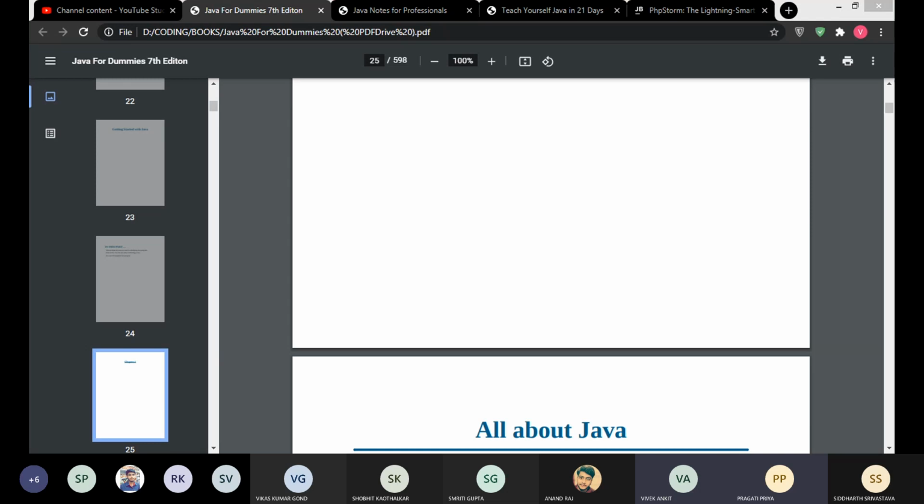Can you provide the PDF of the book? Yes, yes, I will provide the PDF of all three books. Also, I will share the course material, everything related to Java materials. One is from Durgasoft. That's an institute that teaches coding in Hyderabad. Their material also I will share, as well as we will have